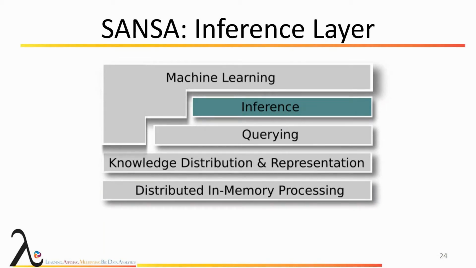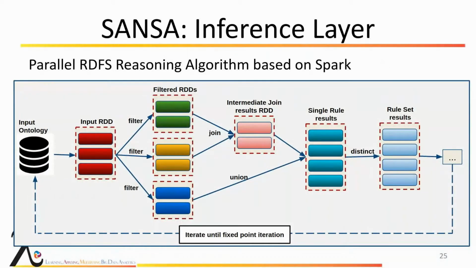Yes, thank you. So for inference, RDFS and OWL are the standards that contain schema information or rules in addition to assertions or facts in the data. So the main idea of the forward chaining inference process is to iteratively apply these inference rules on existing facts that are already present in the knowledge graph to infer new facts. And this process is helpful for deriving new knowledge and for detection of inconsistencies. So currently, SANSA supports efficient algorithms for reasoning profiles like RDFS and OWL Horst.